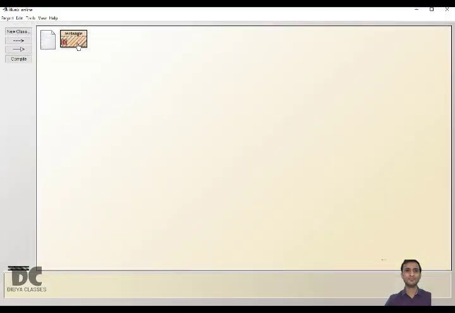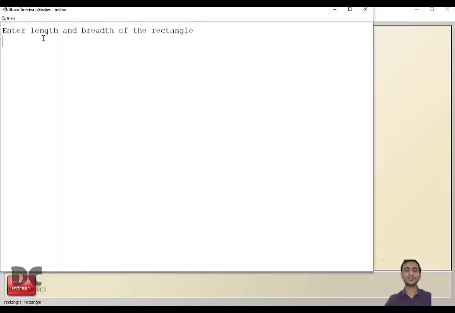Now we'll run the program. Always run the main function. Now you can see the main function called the input function, and in the input function it is asking you the length and the breadth. Then it returned back to the main function. It called the calculate function. It calculated the area. Then again it returned back to the main function, and the main function called the display function. Then the value was printed and the program was over.